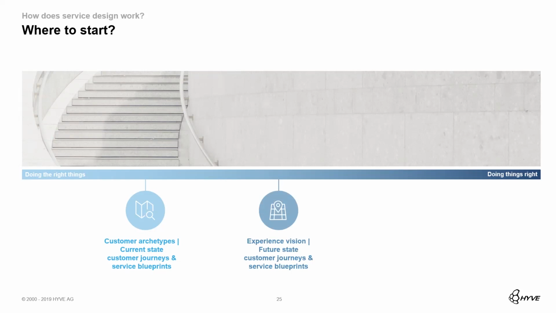You think step by step exactly what the customer will experience, how we will address certain pain points, which pain points we as a company can address, and which need to be addressed by some other external parties. So you map basically the customer journey for the future. And afterwards, you also do the future state service blueprint. So you also map how exactly it is possible to deliver this journey, to make the customer experience this journey